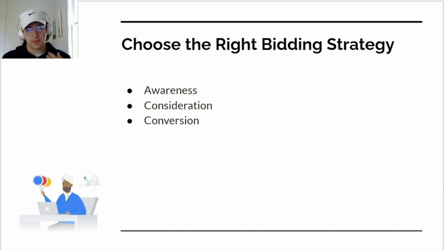So there's target impression share, and this really helps your ads meet a specific impression share threshold for a specific location, right? So think about impression share like market share. If you have a 95% impression share for a keyword, out of all of those searches, you're serving about 95%, which is extremely high. I see target impression share, the specific bid strategy, work really well for branded campaigns, but